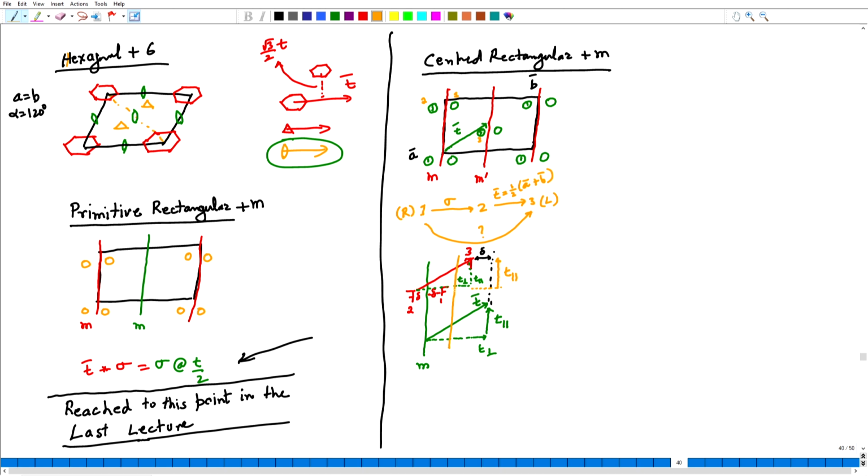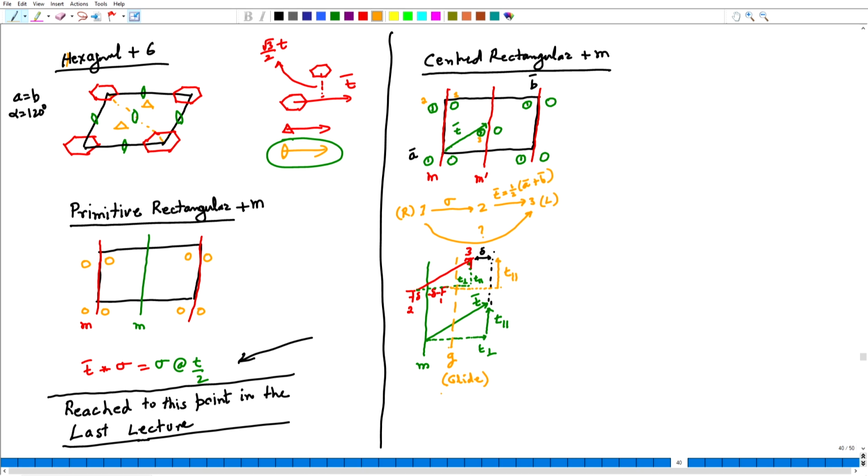and therefore, this is how things will work. Motif number 3 gets reflected first, but it is not left there, it is translated up by T parallel, then there will be self coincidence. Now, what this means is that this is not an ordinary mirror anymore. It is, and I will draw a new kind of mirror, which will be shown as a dashed line, and I will label that as G, G that stands for glide. So, this is what is called a glide reflection,